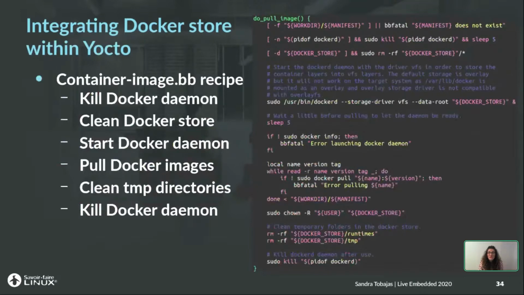Start the Docker daemon specifying the controlled Docker store path with the data root option. The Docker store set by default is var lib docker, but we want to control our own fresh clean Docker store. Furthermore, the used storage driver is VFS, as the Docker store will be mounted as an overlay file system on the target. And as a nested file system that offers unified views, such overlay over an overlay FS is not